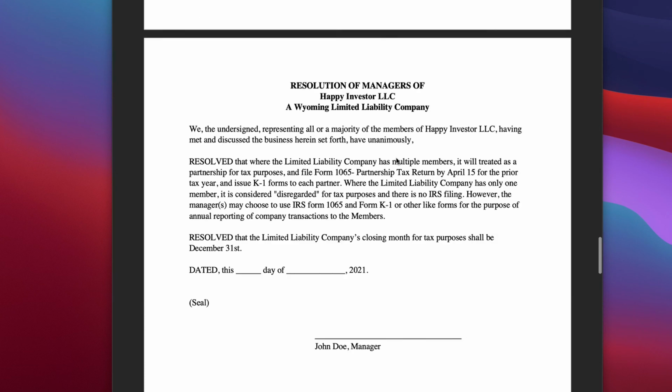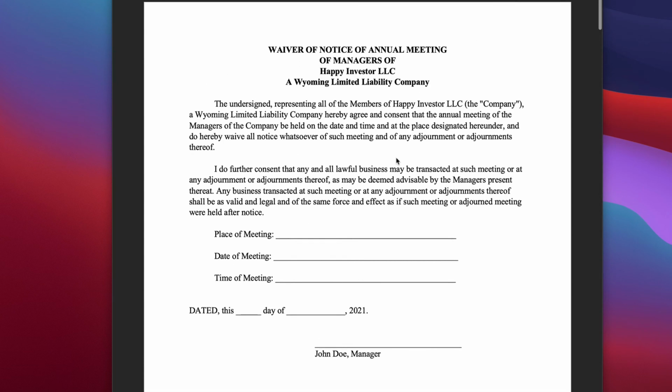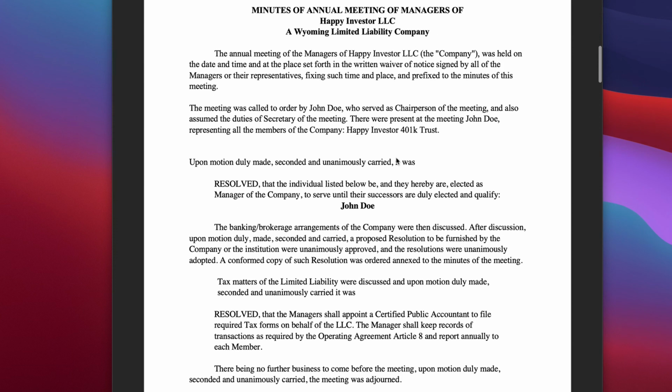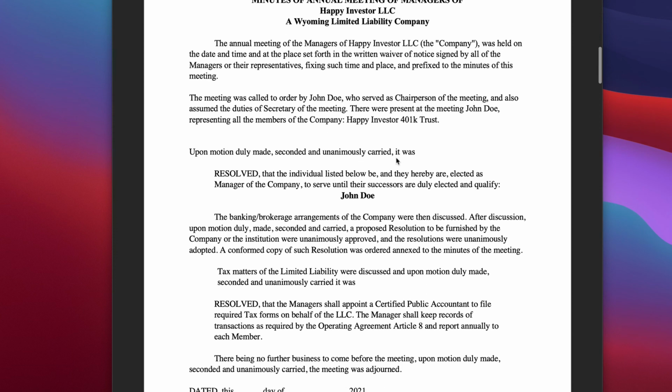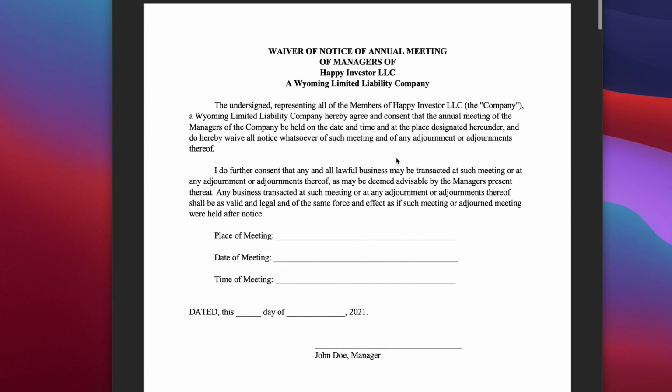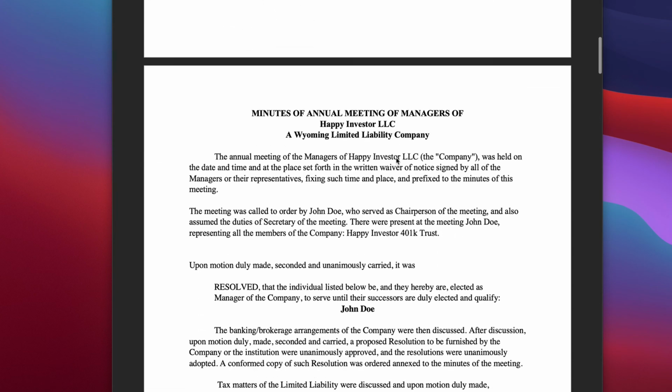If we scroll up to the very top, let's just have a quick recap here. This waiver of notice of annual meeting, you might want to complete. That way you're not beholden to have an annual meeting with yourself as the LLC manager. Probably a good idea to fill this out, sign, date, and then file. This can also be signed and dated if you're having an annual meeting. If you are not having the annual meeting because you filled out this first page, then you can just file